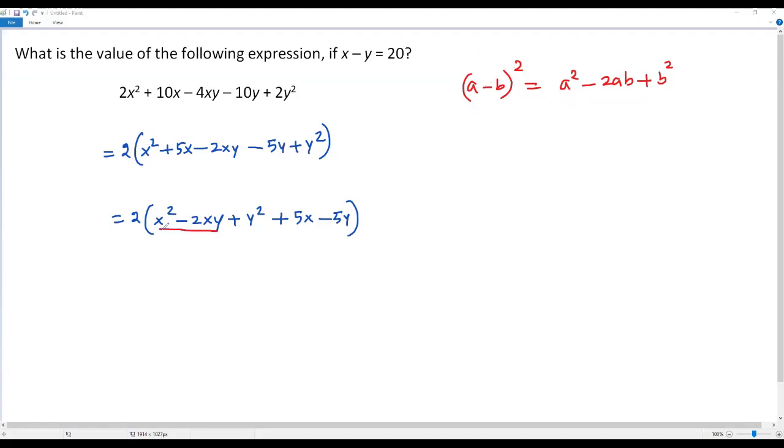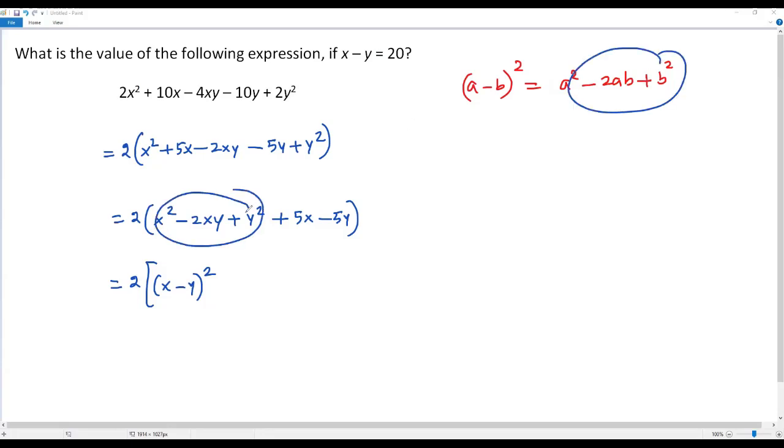Now let's compare the trinomial we have over here with a squared minus 2ab plus b squared. This is exactly in this form. In the place of a squared we have x squared, in the place of 2ab we have 2xy, in the place of b squared we have y squared. So what can we write for this trinomial x squared minus 2xy plus y squared? We can write this trinomial as a square of a binomial like this one. So that is 2 times (x minus y) squared. For this trinomial, we write (a minus b) squared, so the same as here, but in the place of a we have x, in the place of b we have y. So instead of (a minus b) squared, I am writing (x minus y) squared for this